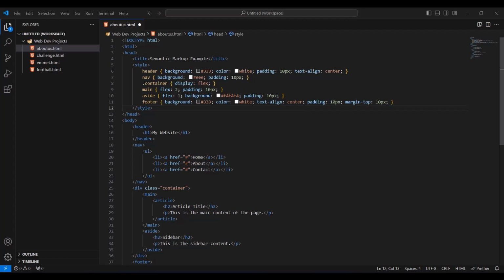By mastering these techniques, you'll be well equipped to present data in a clear, professional manner. So let's get started on our journey to master HTML tables, an essential tool in the web developer's toolkit.